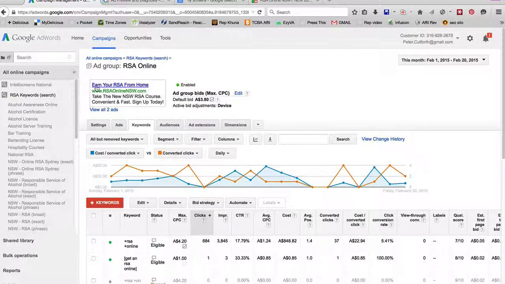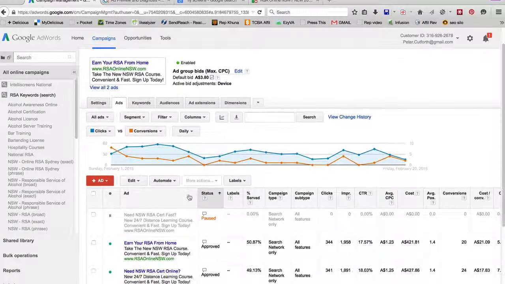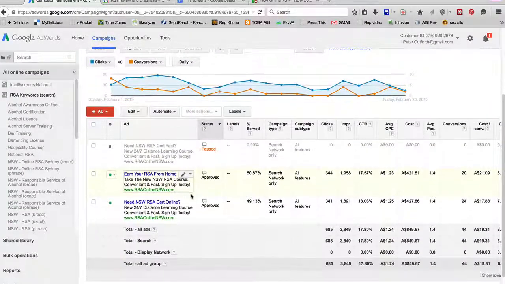Here you can see our ad. It says earn your RSA from home, blah, blah, blah. And in actual fact, we've got two ads, which I can show here. This is typically what we do when we manage an AdWords campaign. So we set up two ads that have slightly different copy,